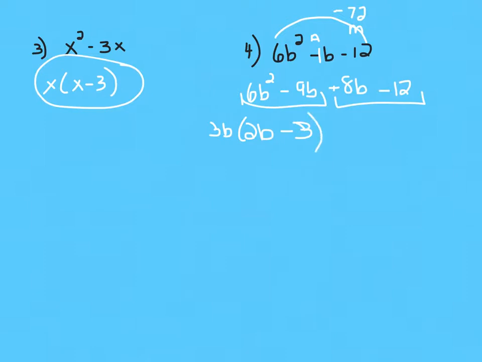Okay, now if we look at the next 2 terms here, the only thing we could factor out is a 4. So you want to think about, am I going to factor out a positive 4 or a negative 4? Well, I want this parenthesis to match up with what I'm going to be left with in parentheses here. Since these go positive, negative, and these also go positive, negative, we want the signs to stay the same. So we're going to factor out a positive 4. So if I factor out a positive 4,